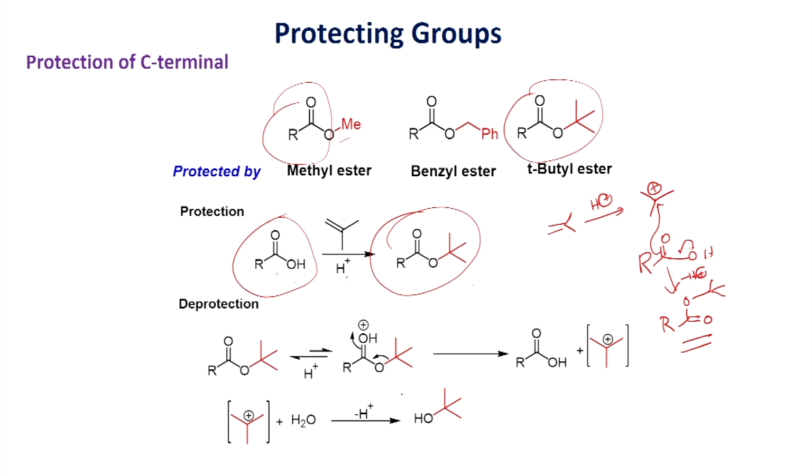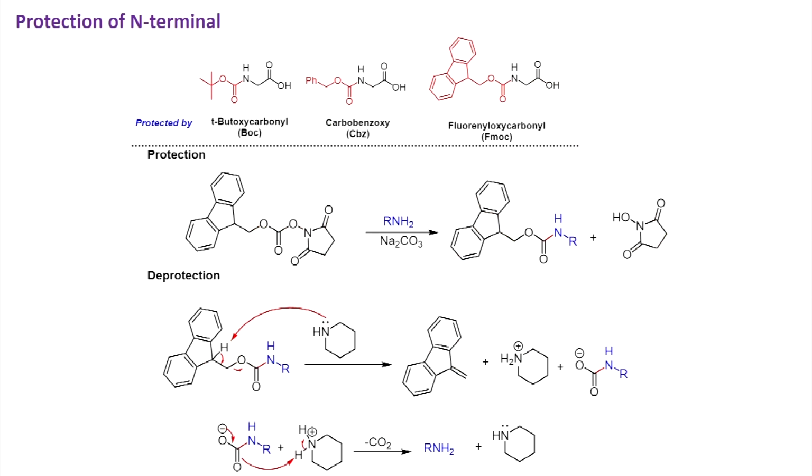So, after the reaction, you can also try to deprotect the ester using acidic medium, as shown here, the mechanism shown. In this way, you will be able to regenerate the carboxylic acid. So, we have just seen how you can protect the carboxylic functional group of an amino acid. You can convert it into an ester, and after the reaction, you can do hydrolysis and get back your carboxylic acid.